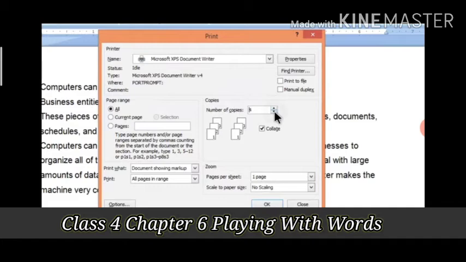10 to 15 pages, and here we can select the number of copies. 8, 7, 5, however many copies we want of these pages to be printed, that many copies we can select, and at the end we can click on the OK button and those pages will get printed. These are pages per sheet, meaning how many pages there are in one sheet. We want the page size in letter mode, scaling mode, whatever, meaning the size of your page, that we can select. There is one more thing, the page orientation, that we'll be seeing later. So after this we can click on OK and our pages will get printed.